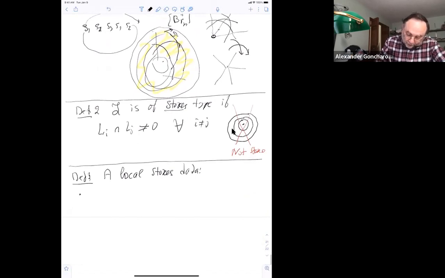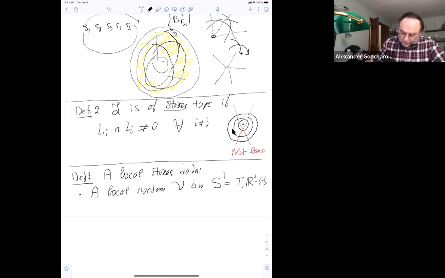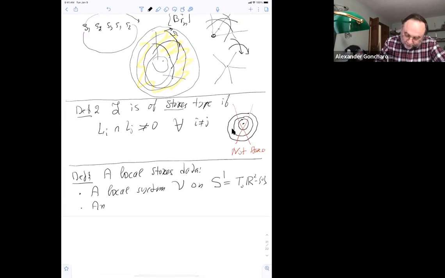So first of all, you have a local system V on the circle of rays. So this is just the punctured tangent space to R2, I mean, homotopically, this is the tangent space to R2 minus 0. Then we have an increasing filtration F